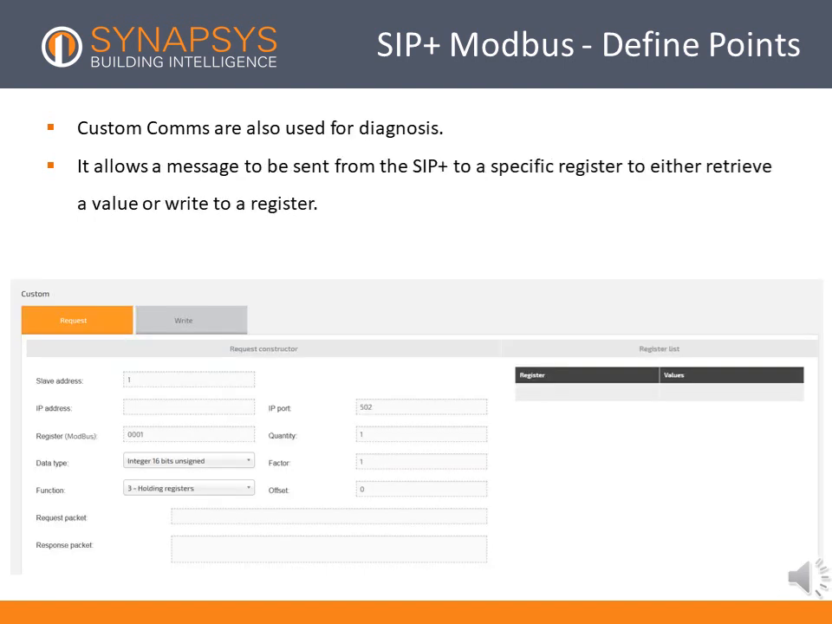The custom comms page allows more specific diagnostics to be done. The read section will allow for individual registers to be read, retrieving data. To find a value, enter the details of the slave, the register and the factor and offset. The bottom of the page will display both the request packet sent by the SIP plus and the response packet